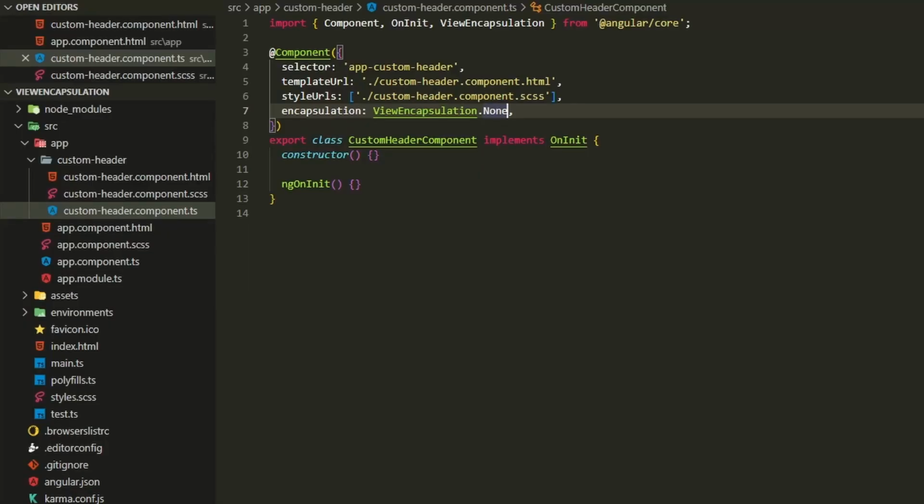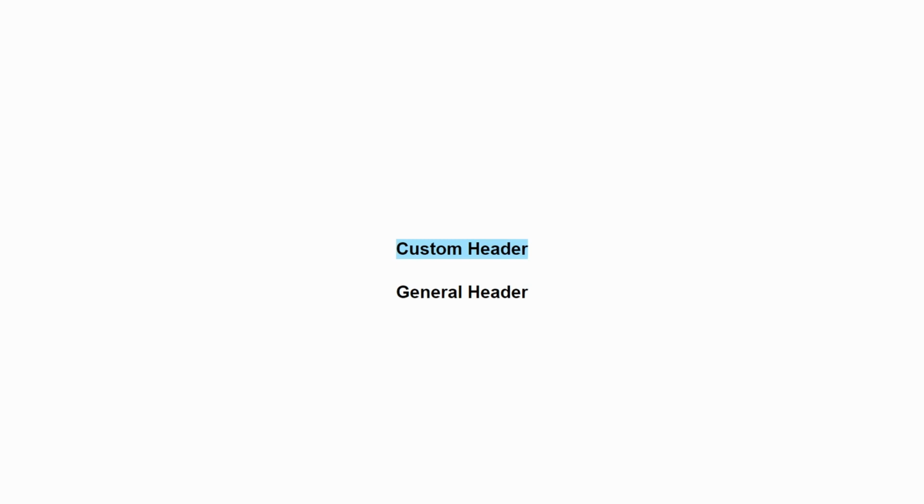The second mode is ViewEncapsulation.Emulated, which is the default one. This gives us the ability to style our components without affecting other parts of the application. Let's change our component encapsulation mode to Emulated. Now you can see that the background color is only affecting our component without affecting the h1 tag in the